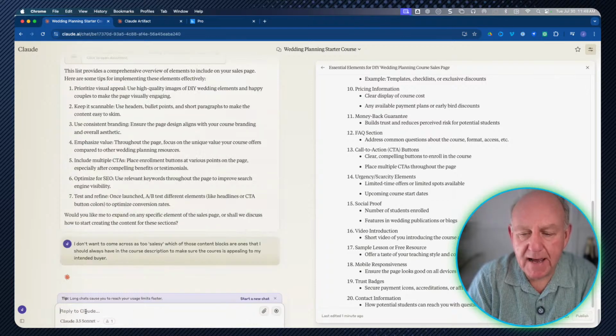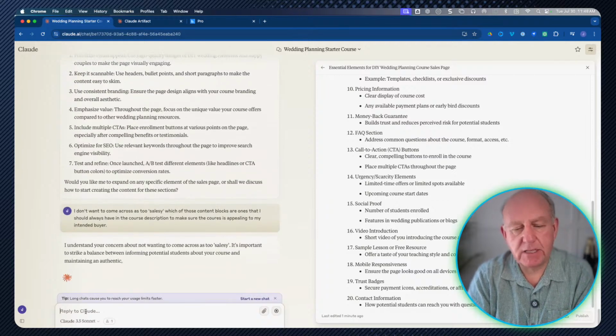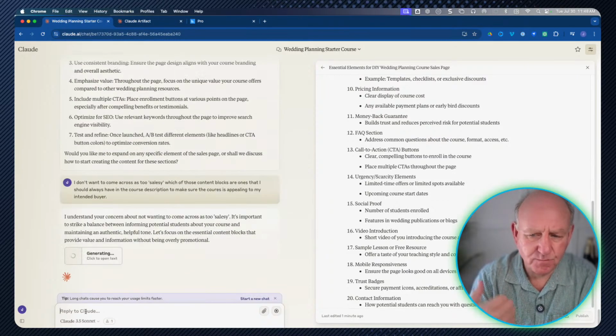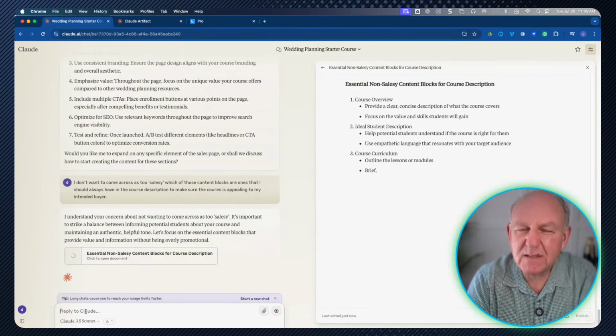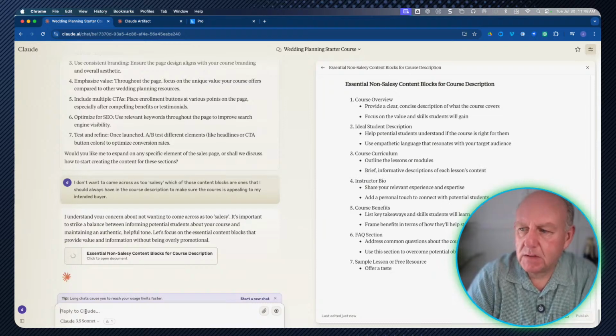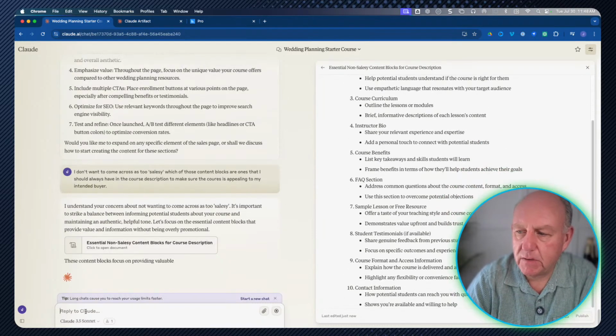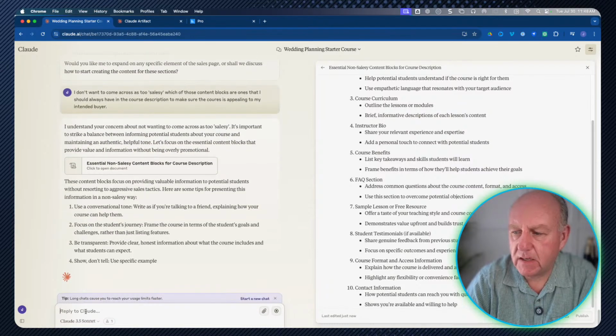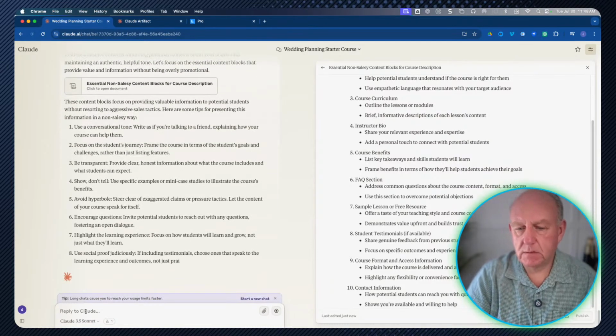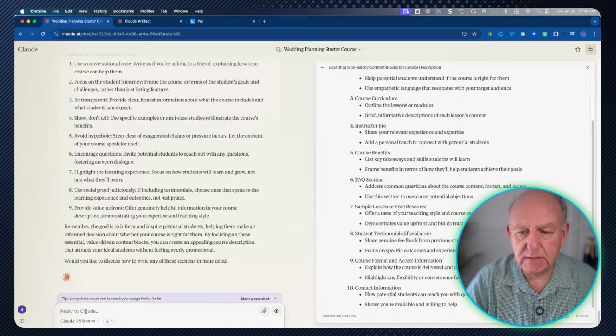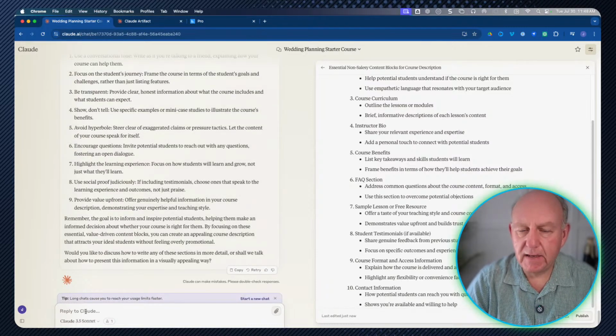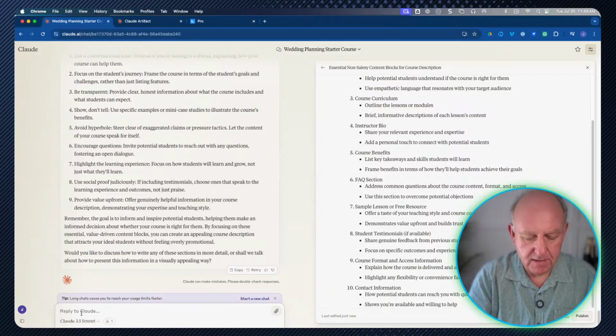So I'm just asking Claude in this case, or ChatGPT, same one, and just say, what's kind of the bare minimum, right? Student description, course overview, a little bit of information, FAQ. Okay. And it gives me all of these pieces here. So I'm not overly interested in writing these myself. So I say, based on that,